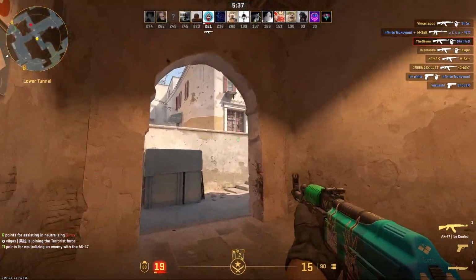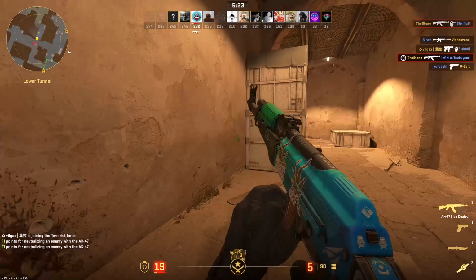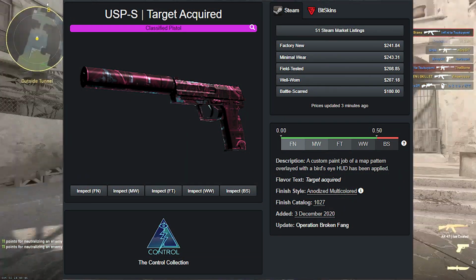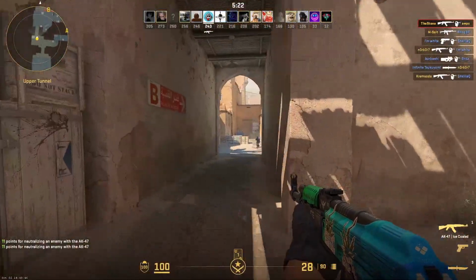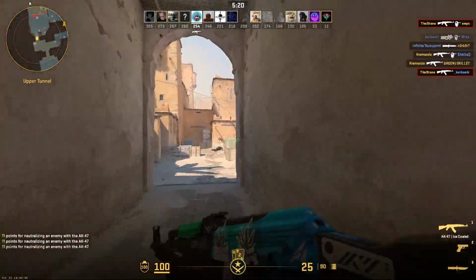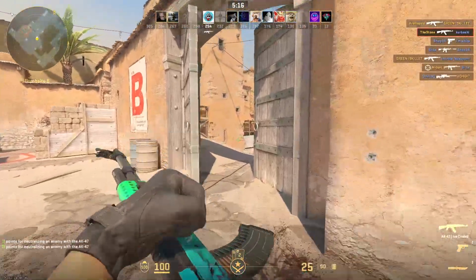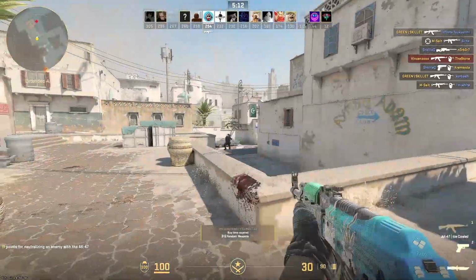And the high tier USP-S skin is gonna be the USP-S Target Acquired coming from the Control Collection. So as you can see, I clearly like the Control Collection a lot, as a lot of these skins are coming from it. But what can I say? It's just an amazing collection that I do think is a little bit underinvested in. So that is why I do think that the USP-S target acquired is a great investment and also a great